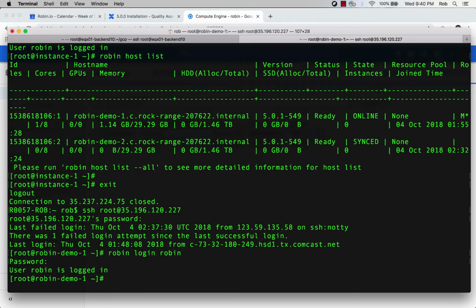Okay. And now what we want to do is define the roles for these nodes. It'd be one of the first things that we would generally do. In this case, we're going to make both of our nodes in the cluster hybrid nodes, which means they will have both the compute role as well as the storage role. So for that, we want to do Robin host. Actually, first of all, before we do that, we need to